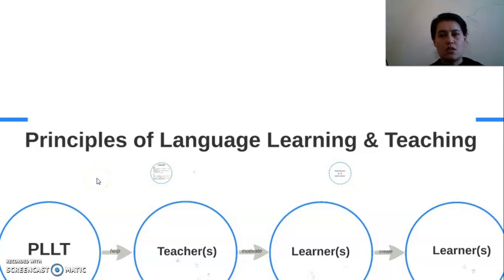The subject is Integrated Course of Teaching Foreign Languages. Today we are going to speak about the introduction part of the course, and we will speak about what language, learning and teaching are, and its main principles. Okay, let's begin.